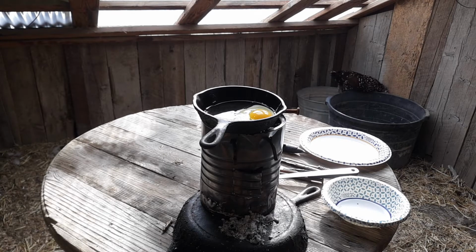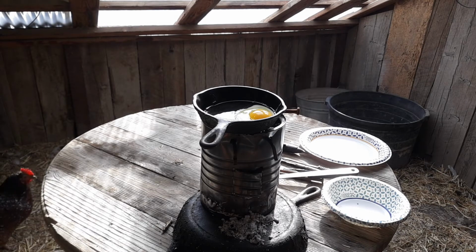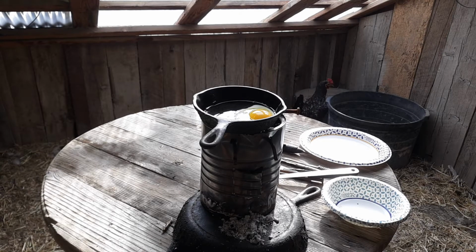I'm not sure if I mentioned it in the last section of the video, but charcoal's available in many forms. You can buy it. Like this stuff here is recycled from my heating stove, like my wood heating stove. You can find it in burn areas out in the wilderness. There's places that have burned, and there is charcoal out there, or you can actually make it yourself. So charcoal is a good